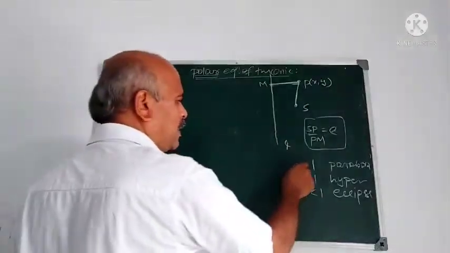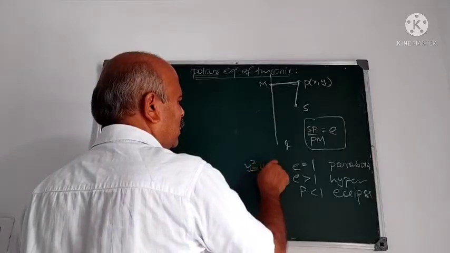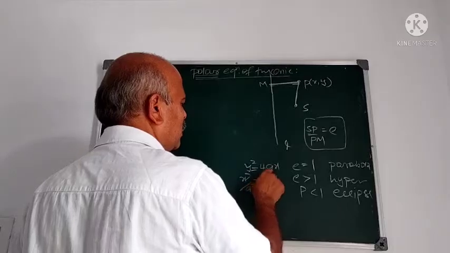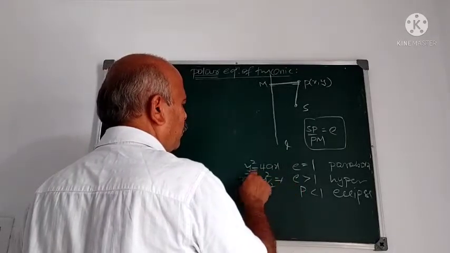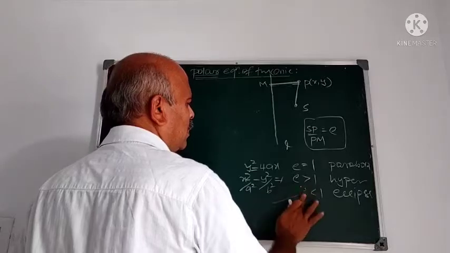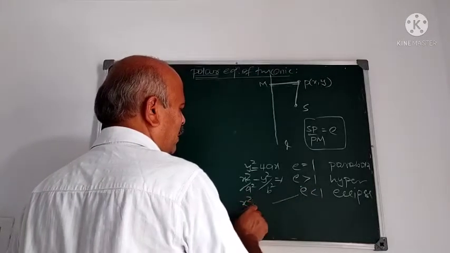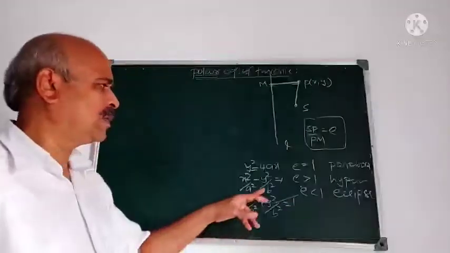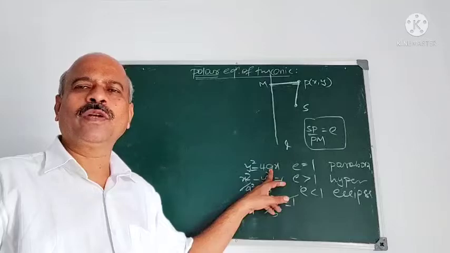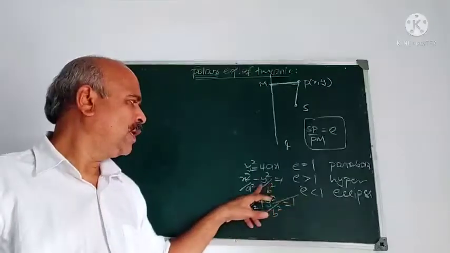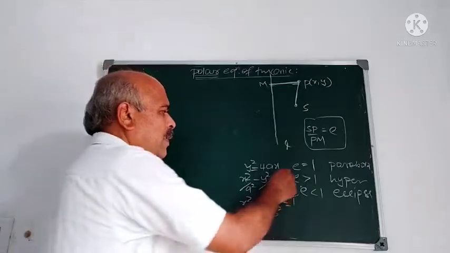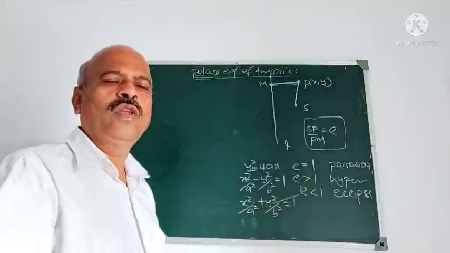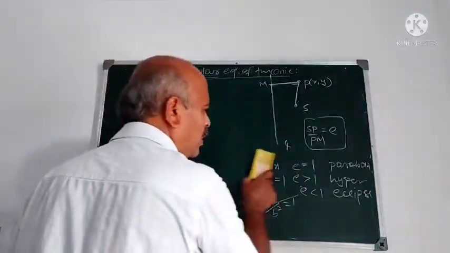And also you have studied Cartesian equation. What is the Cartesian equation? Parabola: y square is 4ax. Hyperbola: x square by a square minus y square by b square is 1, and ellipse: x square by a square plus y square by b square is equal to 1. These are some standard forms. Of course, parabola there are 4 different forms, hyperbola 2 forms, and ellipse also there are 2 different forms. And this is about conic sections that you have studied already.